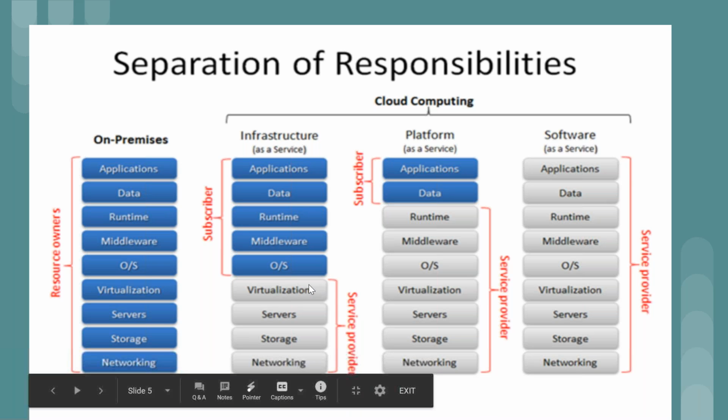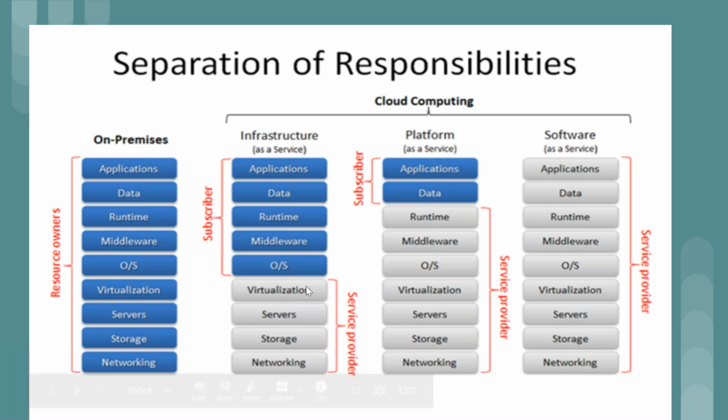The image creation is nothing but your virtualization. And they say, I'm going to give you everything, but you have to build your own operating system, or the middleware to integrate your application with any external system, to maintain your own data, and you have to build your own application as well. So is there any good example for this? If you have heard about Amazon Web Services, Amazon Web Services runs on infrastructure as a service. Next thing is